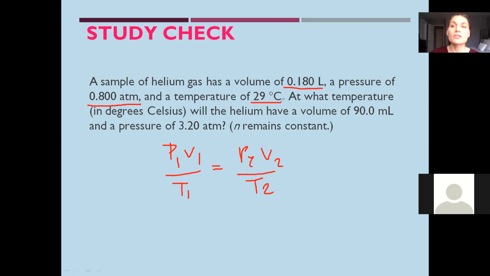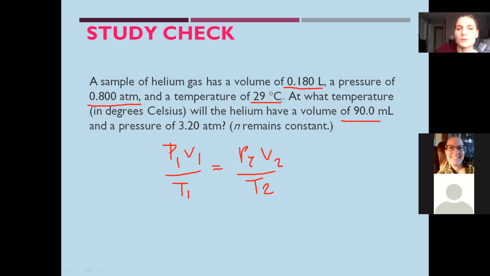Before we even get started with plugging these numbers in, what do we have to do first? There are some conversions we have to do. Look at some of those units. Match the liters to the milliliters. Very good. You can do it either way because they're going to cancel out, it doesn't really matter. But in my own mind, because there's the ideal gas law, PV equals nRT, volume should be in liters. So for my own thinking, I would convert it to liters.